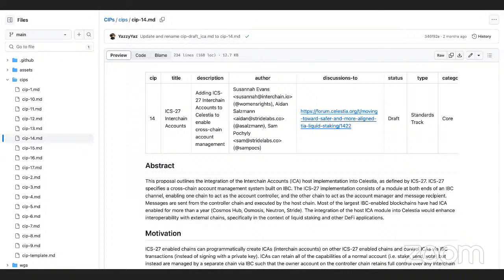Okay, got it. The default is to try to keep the state machine as minimal as possible, right? And then when actual requests come in for something and it seems like it's going to provide value for the network, then I think that makes sense to add it. Okay, cool.